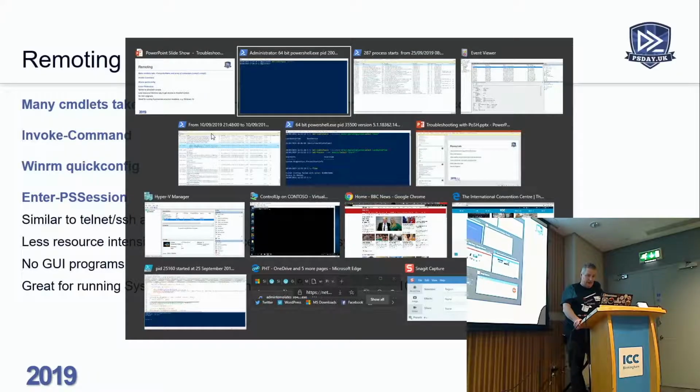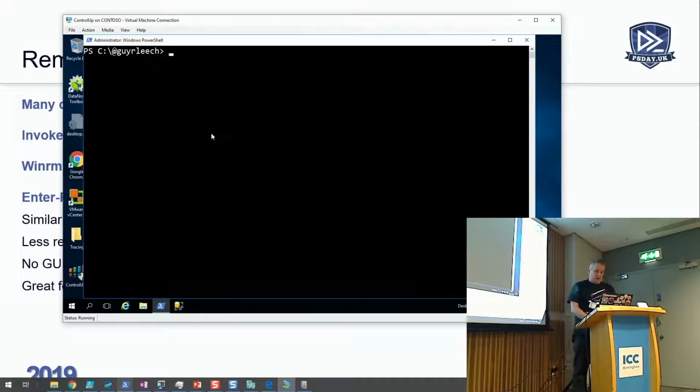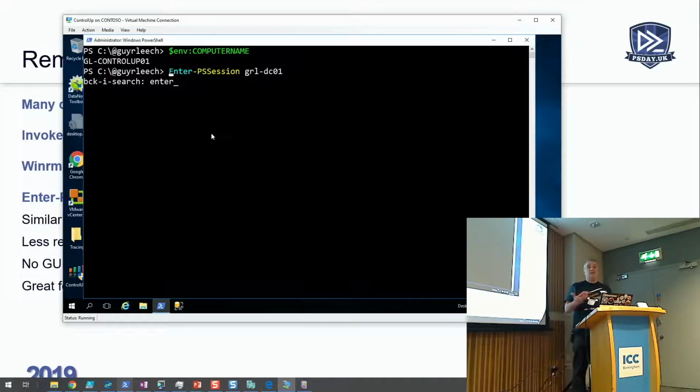So if I go to that one. At the moment I'm on this local VM called GL Controller 01. But what I can do, again, I'm going to use Ctrl+R now. So I hit Ctrl+R and I know it's Enter something. So that takes me back to Enter-PSSession, which may not have even been in this boot of the particular PowerShell session that I'm in, because that's persistent. Then I'm going to enter interactively a session into my domain controller, another VM that I'm running locally on here. So